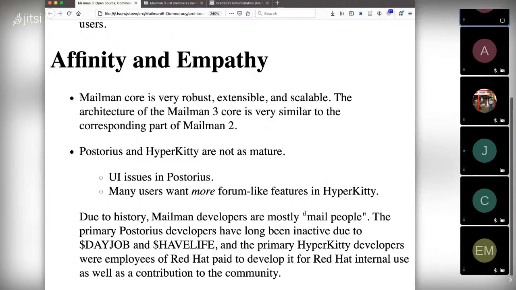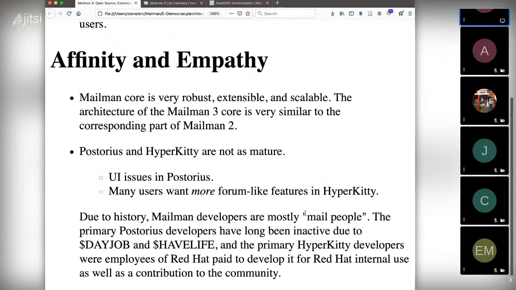So I guess his feature requests and stuff are geared towards the core then, obviously, because he's not using the UIs anymore, right? Well, no, he still says, I have users who want some of the things that are in Postorius that I'm not going to provide in Affinity and Empathy. As I said before, they're streamlined. So the idea is very few screens with everything you need on them, right? It's obvious what you need to click on in order to do the job that you want to do. That's the purpose of these.